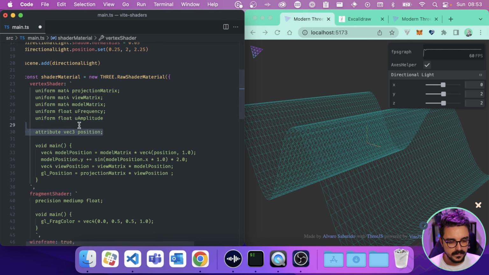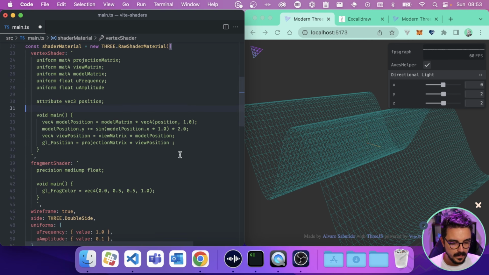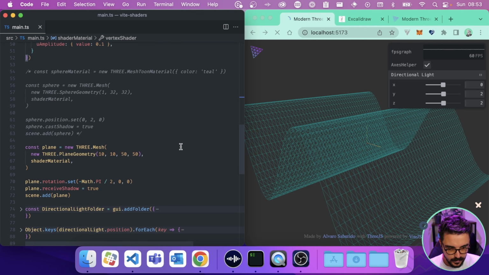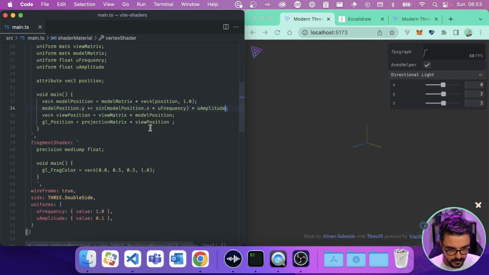So this way we can say that the frequency is a uniform. We're gonna change it here. So it's gonna be uFrequency, and here is gonna be uAmplitude. Okay, cool. So if we save, we're probably gonna see something different.